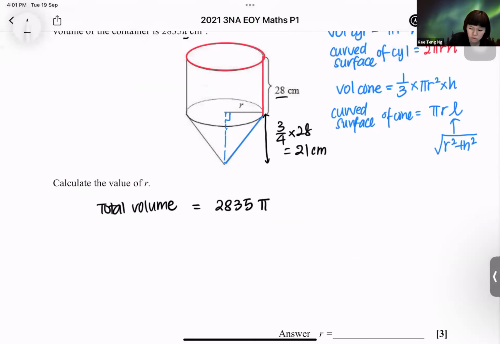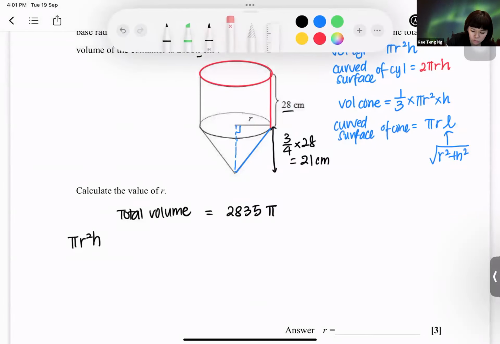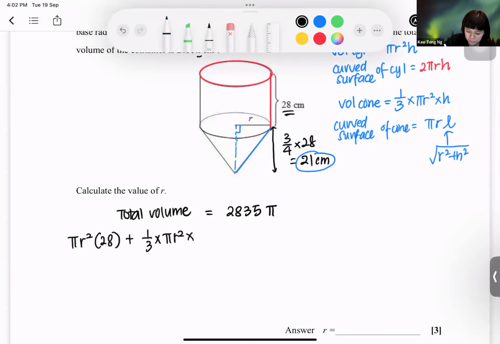It will be the volume of cylinder, which is pi r square h, where this h is the height of the cylinder, 28, plus 1/3 pi r square times the h, but this h is now 21, and it is given to be equal to